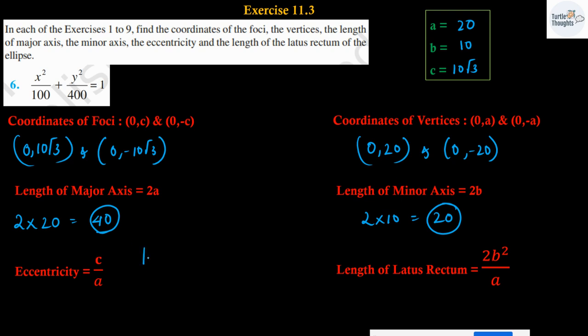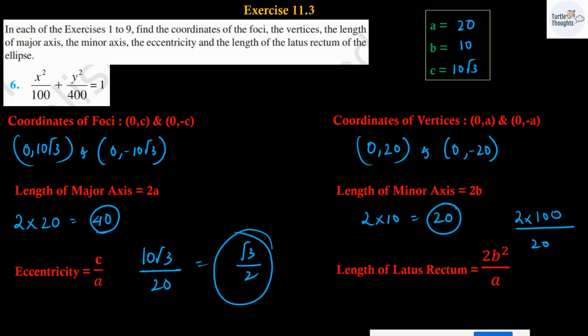Eccentricity is c divided by a. 10 root 3 divided by 20 can be written as root 3 divided by 2. Length of the latus rectum is 2b square divided by a. 2 multiplied by b square is 100, divided by a, which is 20. 0 and 0 will be getting cancelled. 2 and 2 will be getting cancelled. You will be left with